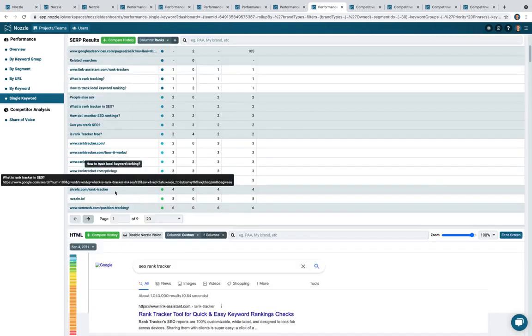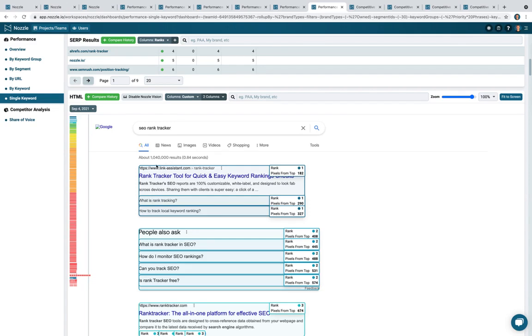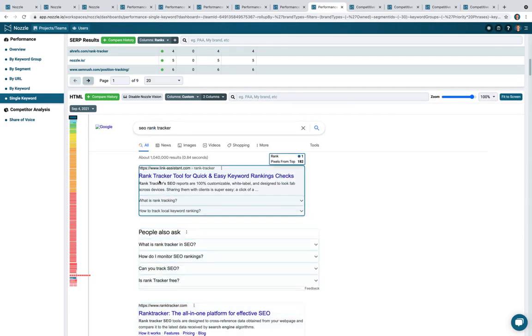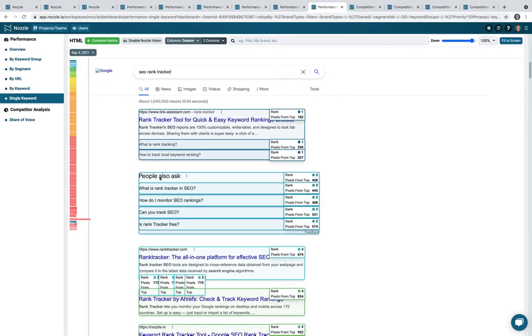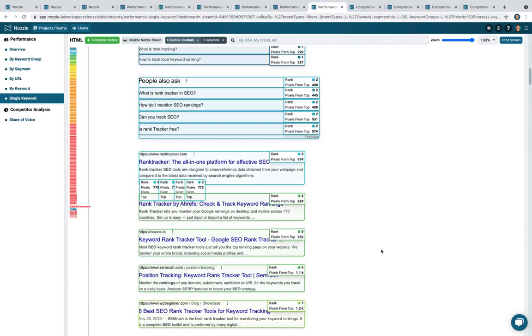we'll talk about this table in a second, but if you scroll down, this is the SERP HTML. We re-render the HTML of the Google SERP that we looked at for your keyword when we crawled the data. And so this is not just a screenshot. I mean, you can do Control or Command F and search for specific words on this page. You know, we can highlight things. Anyway, so you can see the SERP here, and if you scroll down, you'll see Nozzle's ranking right there, number 5. And by default,